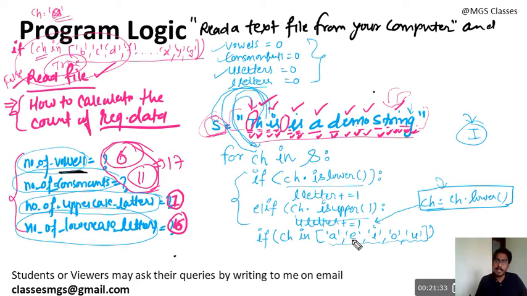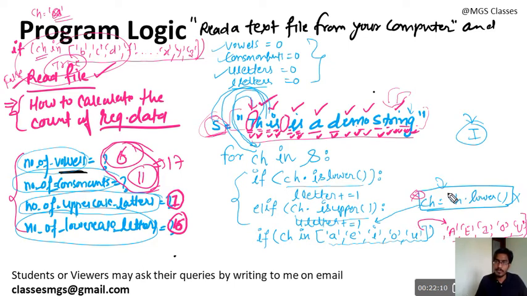Okay, either you can write like this. If you write this line, then it will work. If you don't want to write this line, then you have to include this also here. Let me write here. You need to include capital A, capital E, capital I, capital O, capital U. So if you want to write like this and you don't want to write this line, then you go ahead and add these 5 characters also in this list, comma separated, then also it will work.